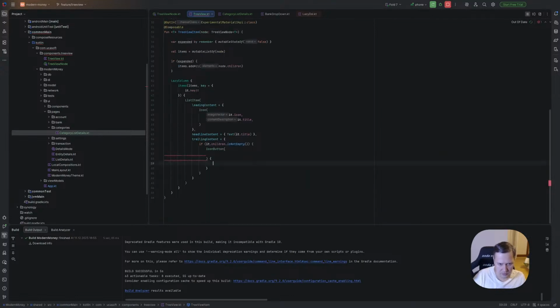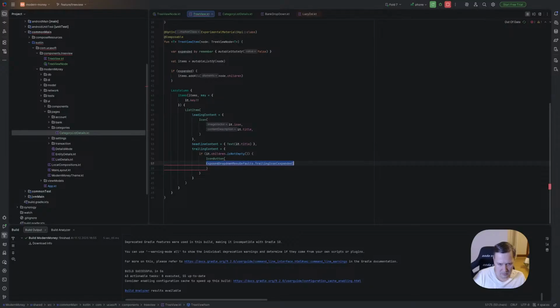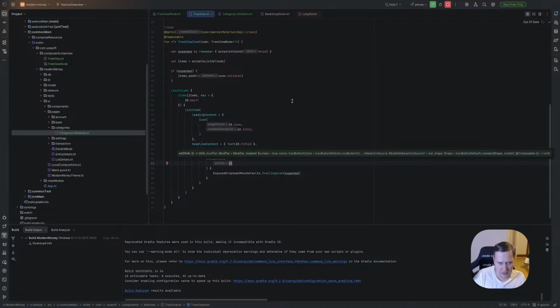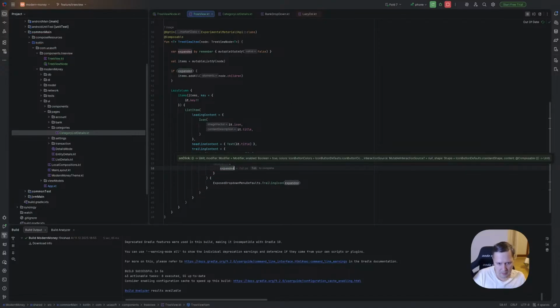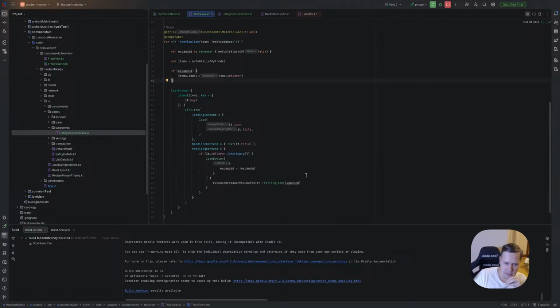We use, oops. And here as on click we use nothing, but expand equals not expand. Okay, so when we click, it should change expand to not expand, and we create a list of items.